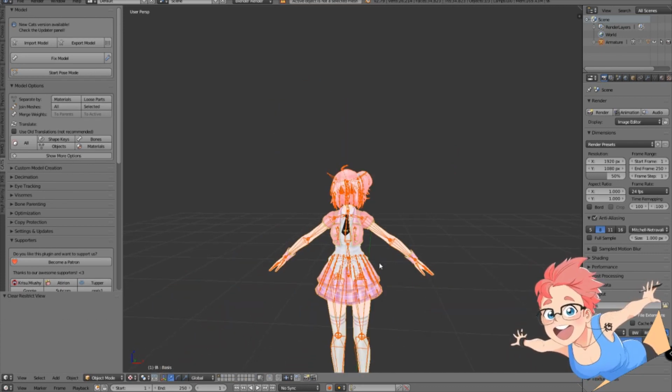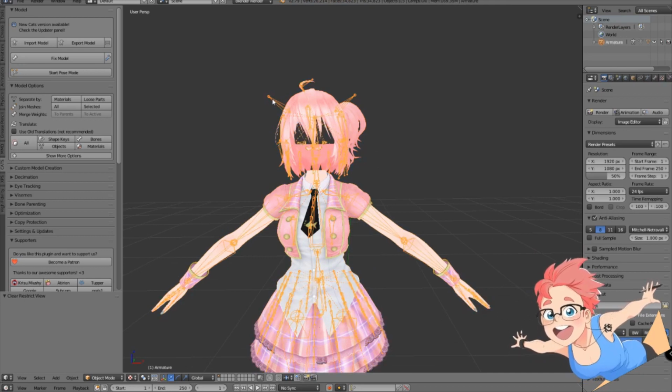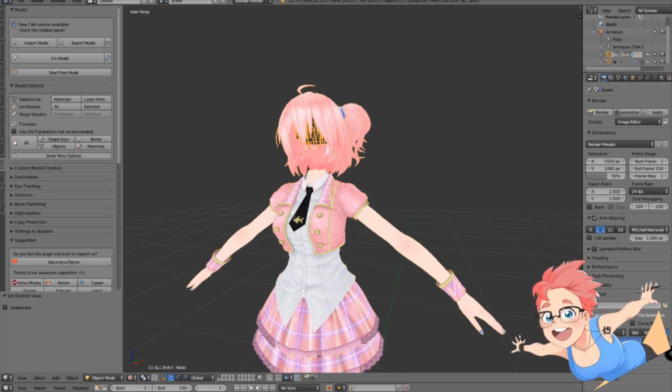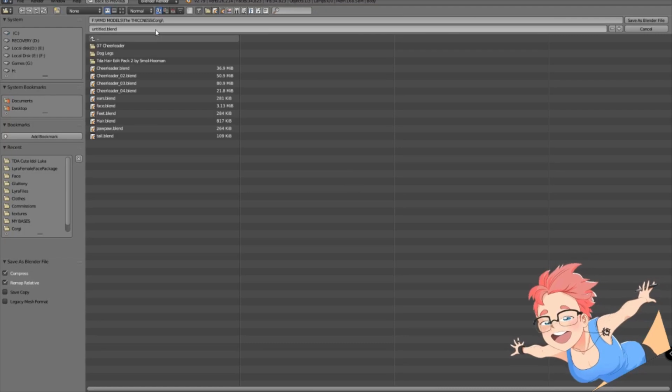There we go. So now we have two parts here of the model. So you should have the body and the hair. So we're going to go ahead and just name this hair and body. I didn't do any translations yet. You should probably start with that. So I'll just save this as